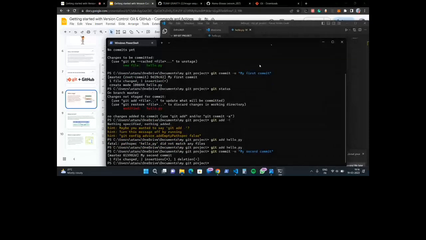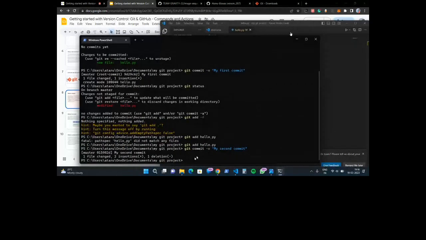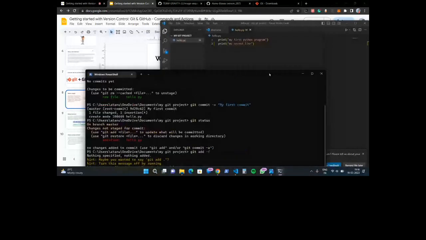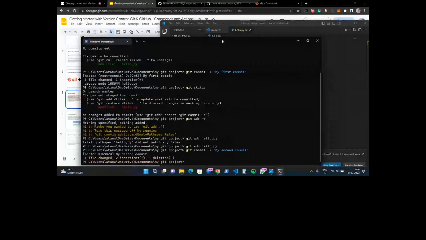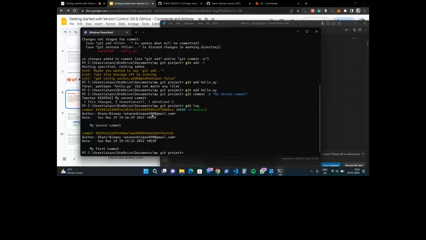But here the version control thing came. If I want to go back to my previous commit, what I can do is type git log, it will show all my git commits. Okay, so there are my two git commits, and with every git commit a hash is generated. If I want to go to my first commit, I will type here git